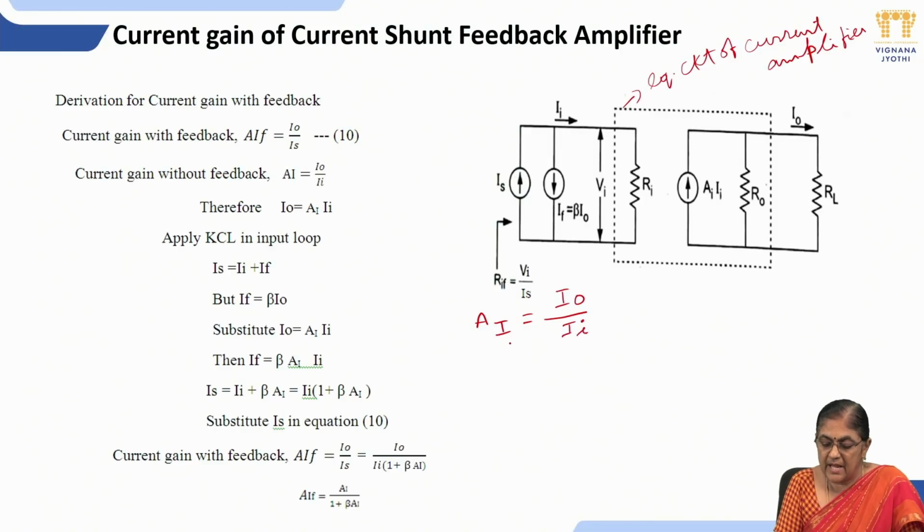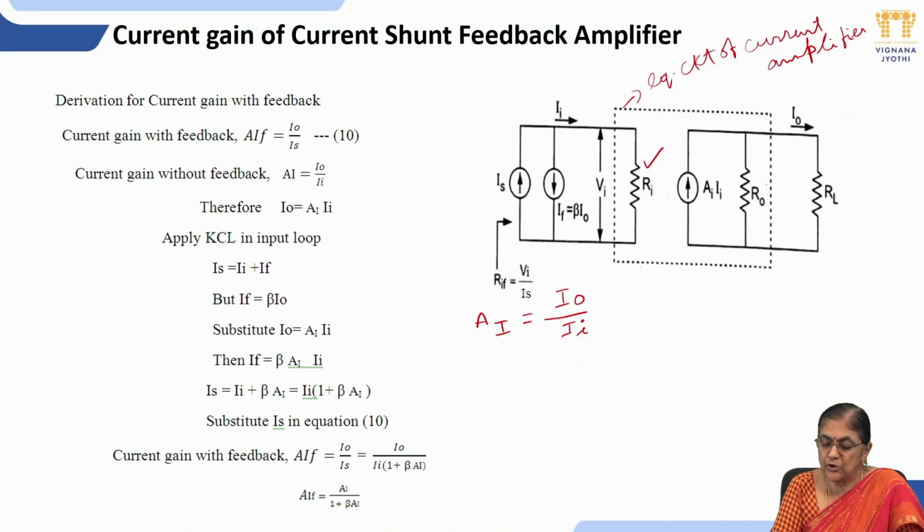So AI is current gain without feedback. In the equivalent circuit of current amplifier, the input terminals can be represented with Ri, and the output terminals of the current amplifier can be represented with Norton's equivalent circuit. What is Norton's equivalent circuit? Current source